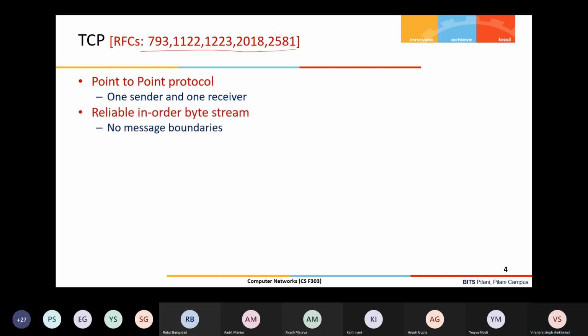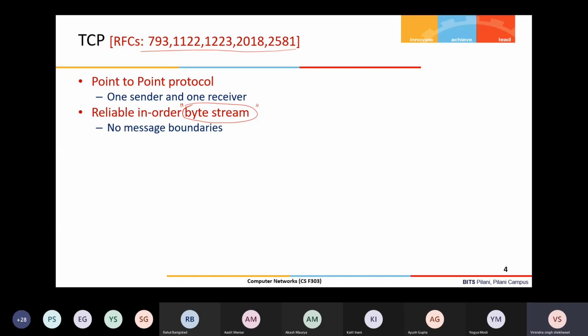Then this protocol provides a reliable, in-order byte stream. This is important, and more on this I will cover in the subsequent slides. The byte stream is an important point here, so an in-order byte stream can be sent from the sender to the receiver.